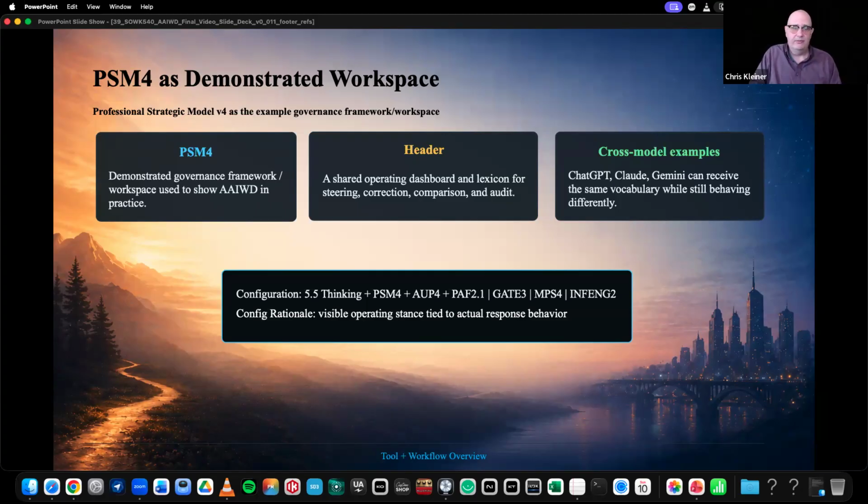I have built a dashboard for myself that works in my main native ChatGPT account that's like 3 years old, and it's heavily governed with a lot of data where I can port in frameworks where the model understands the whole thing. But the header is what you're seeing on the screen. You'll see configurations. That's telling me that's a ChatGPT 5.5 thinking. PSM4 OPT4, those are basically telling me what I need to know about alignment, provenance, and attribution.